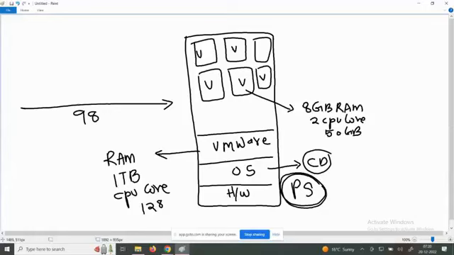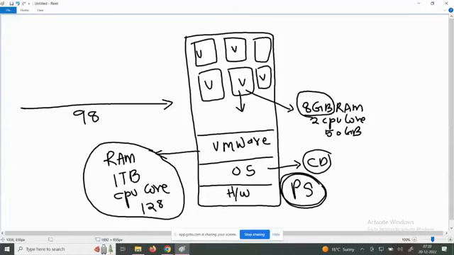What is your physical server RAM? 1 TB. In this 1 TB, we are allocating some memory for this virtual machine, which is how much? 8 GB. Still, how much is remaining? 1 TB is equal to how many GB? 1024 GB. Then I can assign this one 4 GB, this one 16 GB. Now I can create one big physical server, and inside that, I can create hundreds of virtual servers.